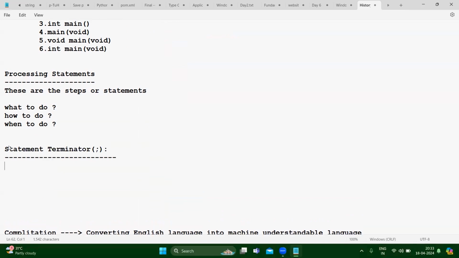An instruction given to the compiler is called a statement. What do you mean by statement? An instruction given to the compiler is called a statement.